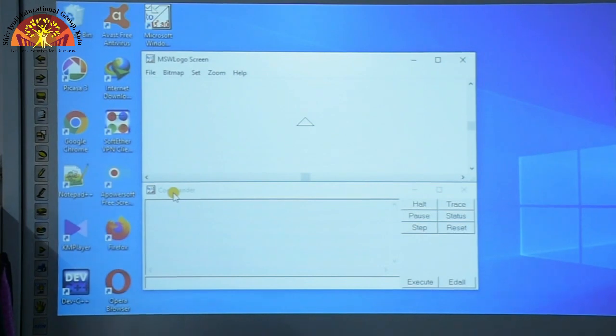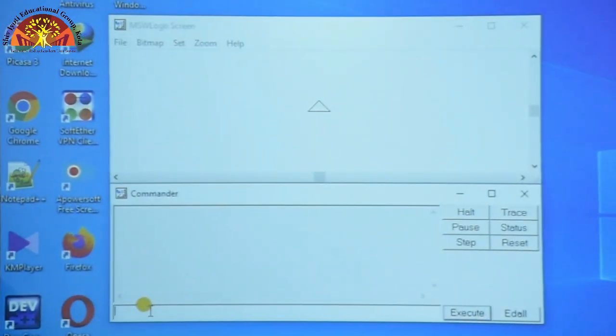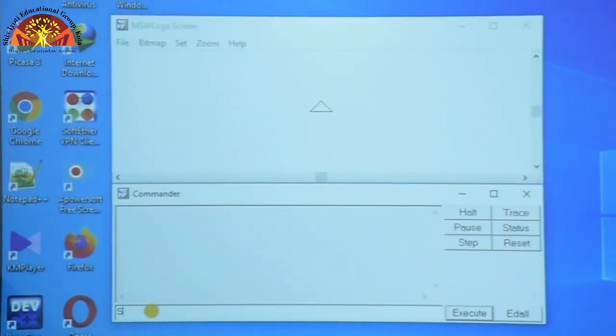In the command input box I have to type print. First I type print followed by sum, which is the name of my addition function, followed by two numbers, because we have to perform addition on two numbers, and click on the execute button. Here you can see the output is 50, which is the sum of 20 and 30.